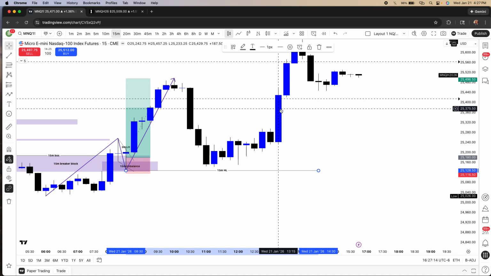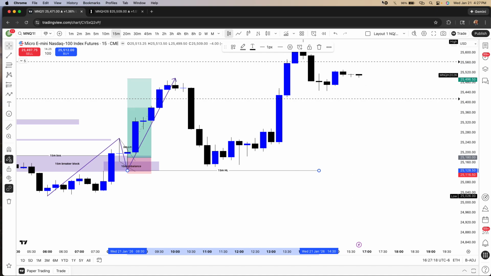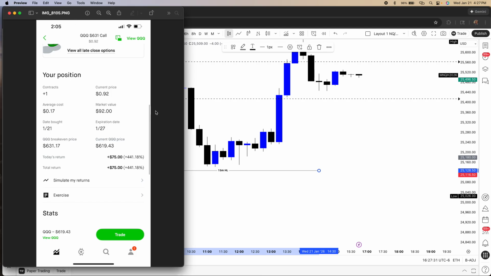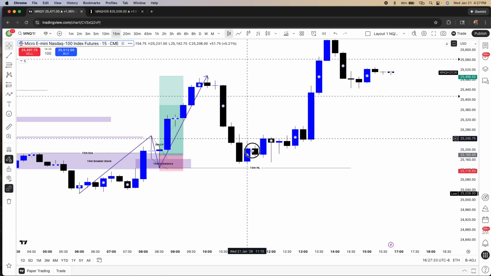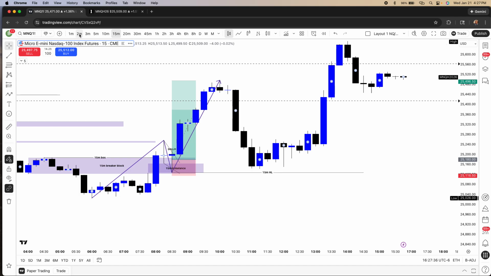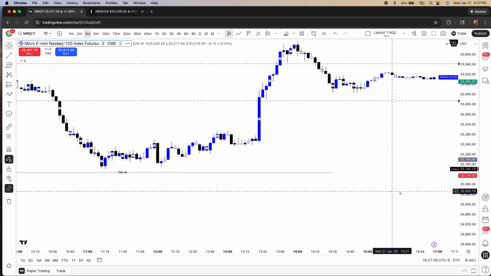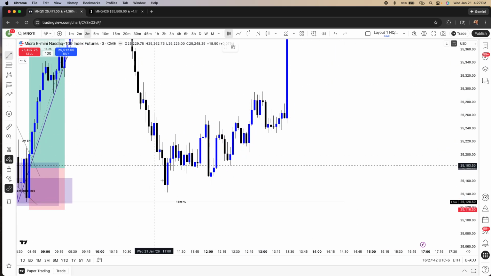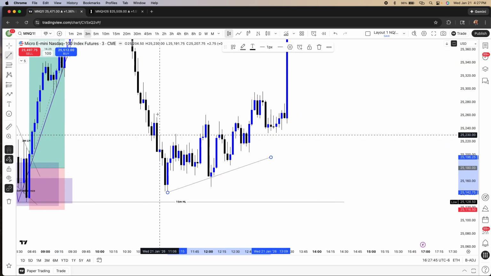I took a few, and I made, I think about, and none of this is to gloat, I made about $100 off of that options play. So I'm going to pull it up now, and you guys can see that as well. So I took an options play around here, anticipating that we were going to get some sort of breakout potentially. I wasn't quite sure, but the risk to reward was very good.